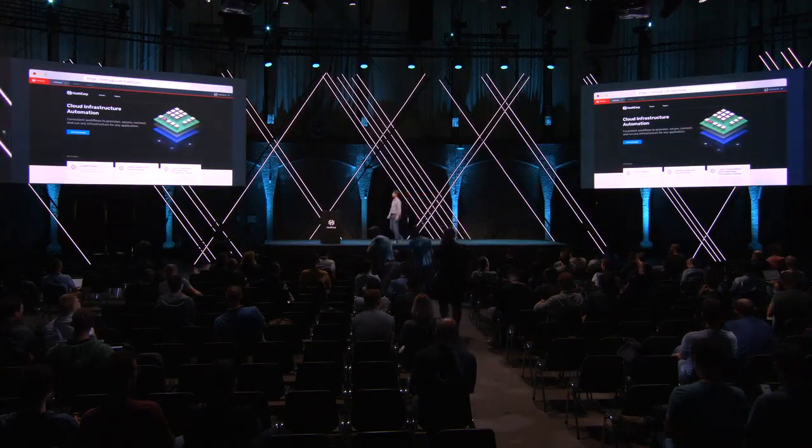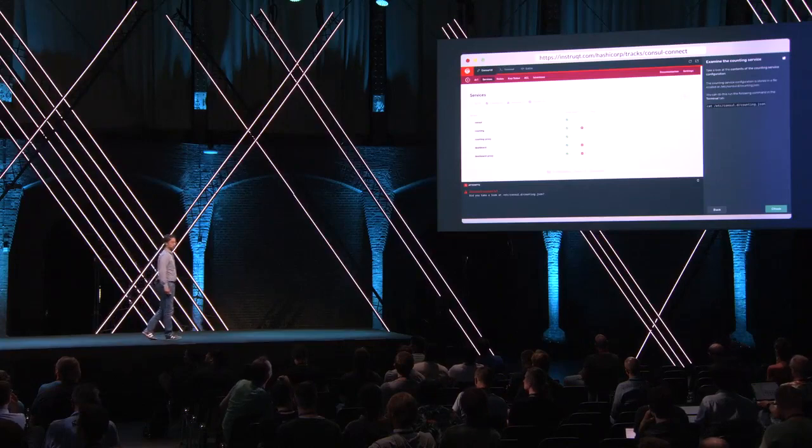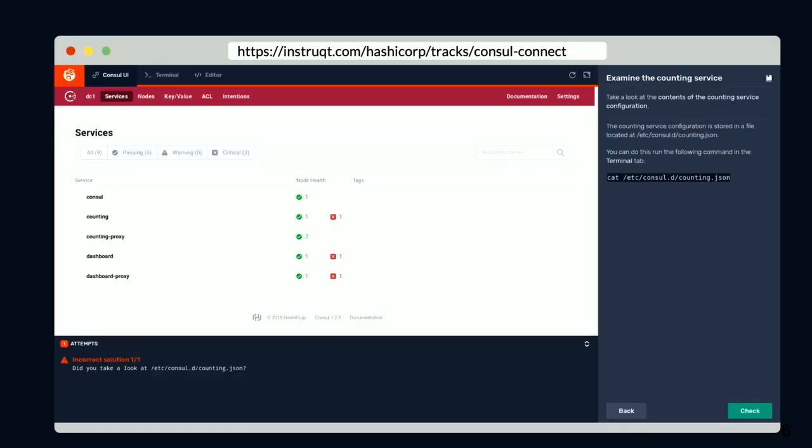So how does that look? If you go to instruqt.com/HashiCorp, you'll land on a page like this, where you see a couple of tracks, as we call them, down there. And these tracks are all about Consul. So you can learn a little bit about Consul Connect, for instance. You can even go to the hub, where there are a bunch of our tracks used as demos. And if we click on one of these tracks, you get dropped into this sandbox environment where we show you a running Consul instance, which we have pre-populated with some services and a certain scenario and a certain task we give you to solve.